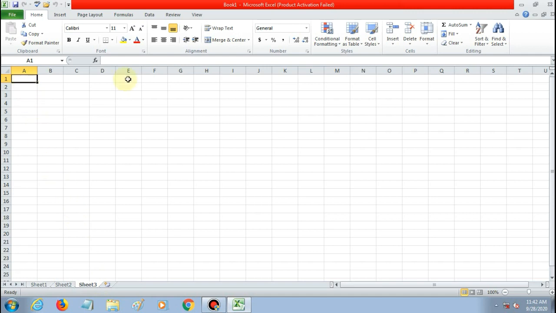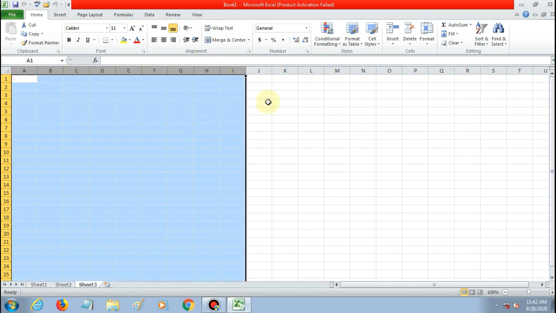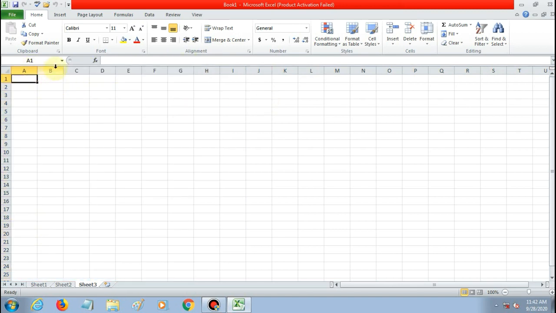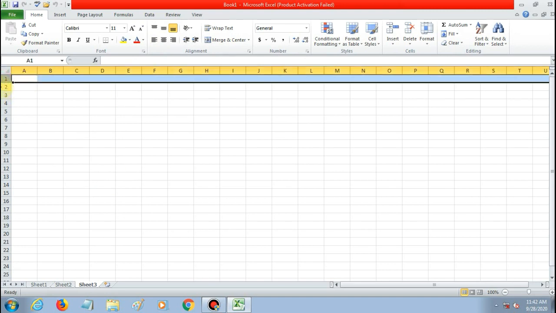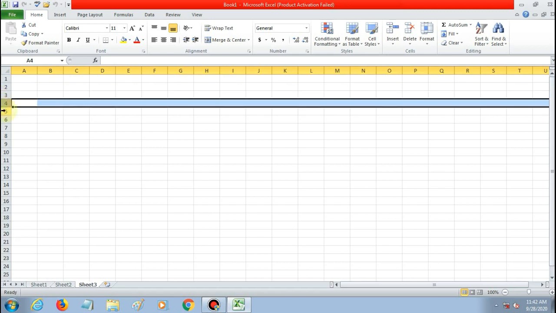Then you can see a number of cells are there. So these cells are formed by the intersection of column and row. Okay, so these are the columns: column A, column B, column C, column D, column E, and so on. And these are the rows: row 1, row 2, row 3, row 4, and so on.